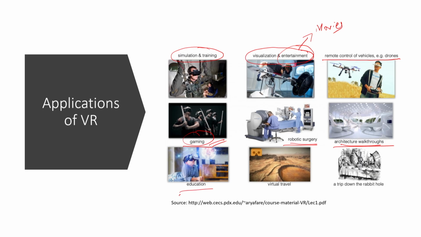VR is increasingly used to teach. It provides an immersive environment where people enjoy learning more than sitting in a normal classroom and learning from a teacher who is writing on a board. It can give you understanding of physics in 3D, it can give you understanding of how to create different chemical reactions, or it may give you understanding of various mathematical concepts. VR is also increasingly used for traveling to distant locations, and it can also give you immersive experiences that let you enjoy novel stories, such as the trip down the rabbit hole from Alice in Wonderland.